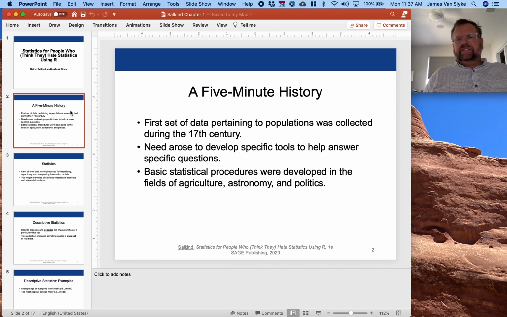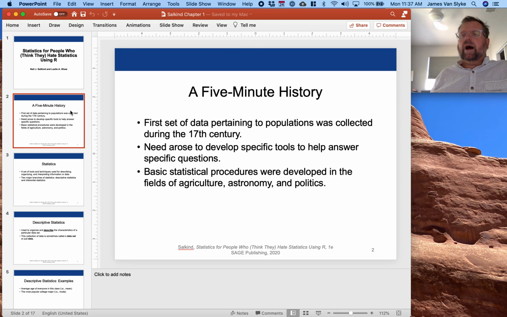The first set of data pertaining to populations was collected during the 17th century. This was the first time that data was actually collected and systematized in ways that could be understandable. Because of that, the need arose to develop specific tools to help answer different questions. This led to the development of different sorts of statistical procedures in several different fields, such as agriculture,